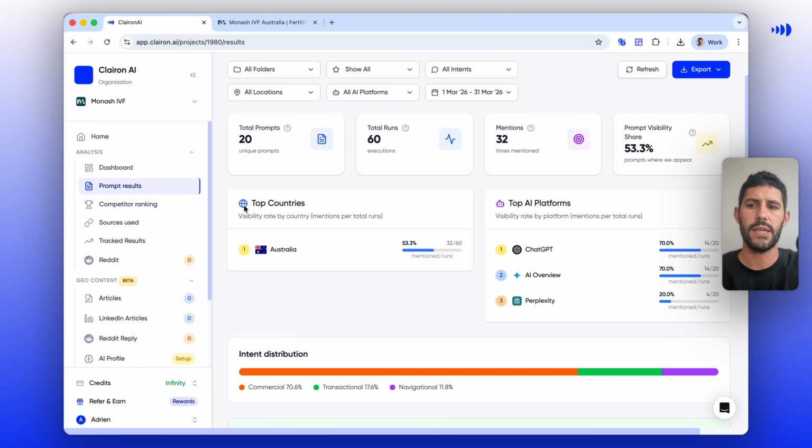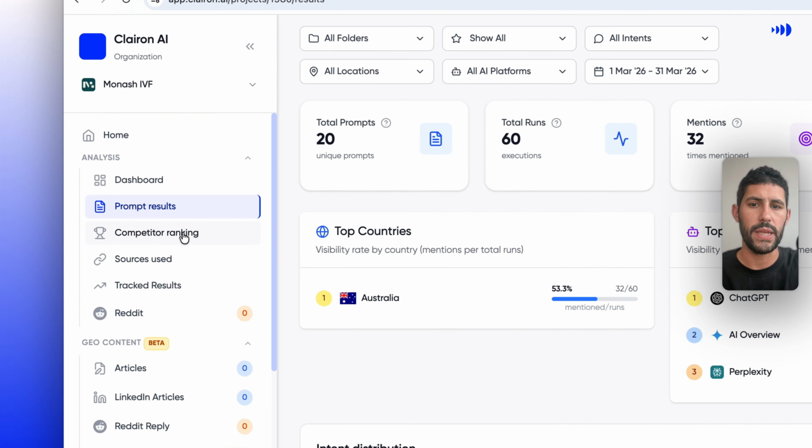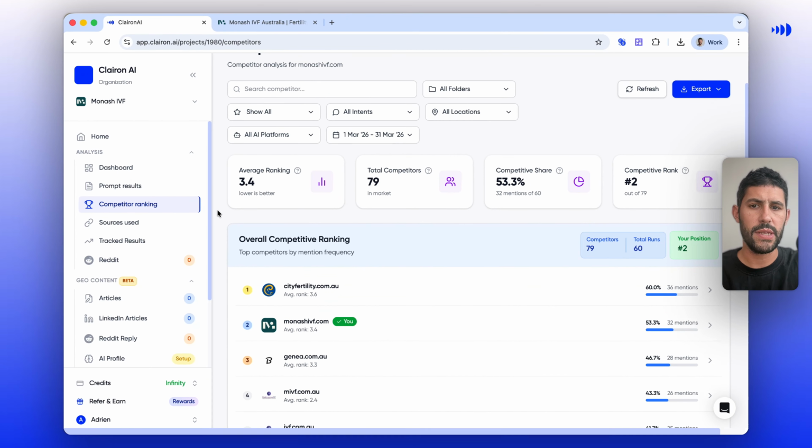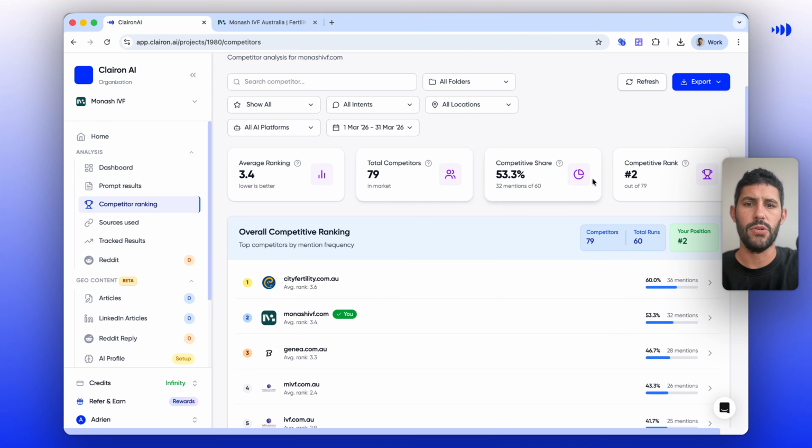Now we're going to check their competitive ranking. So when I click on competitive ranking, I have basically the rank of Monash. So here they rank number 2 across the 79 competitors that have been mentioned at least once across all the LLMs. Their average rank is 3.4, meaning on average, when an LLM is mentioning, recommending Monash, they are between the